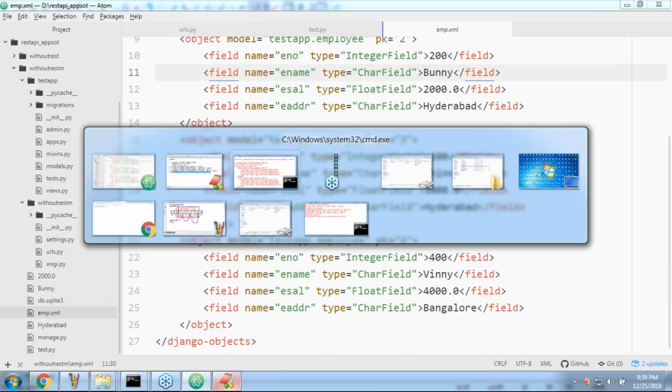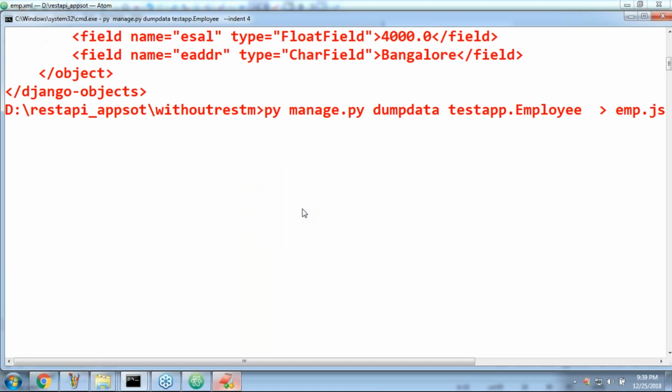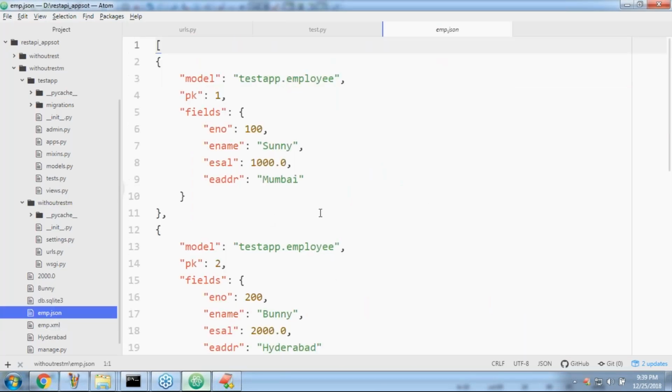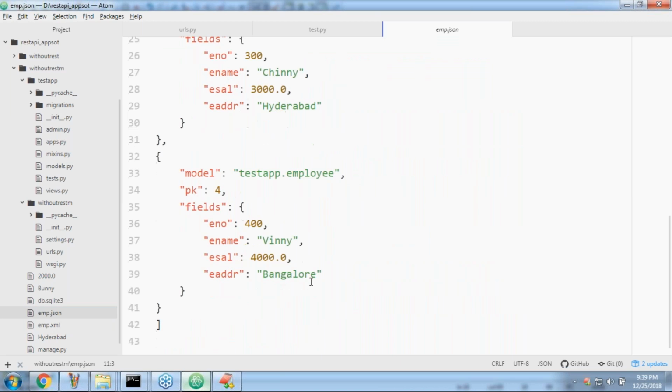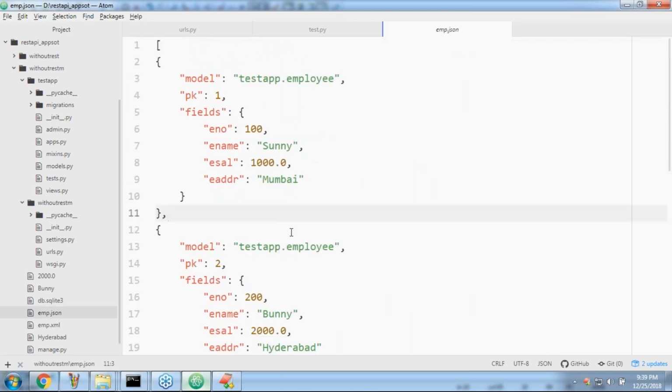I'm taking emp.json. Yes, completed. Let me open that emp.json file. Are you seeing emp.json? Now this is the JSON data.